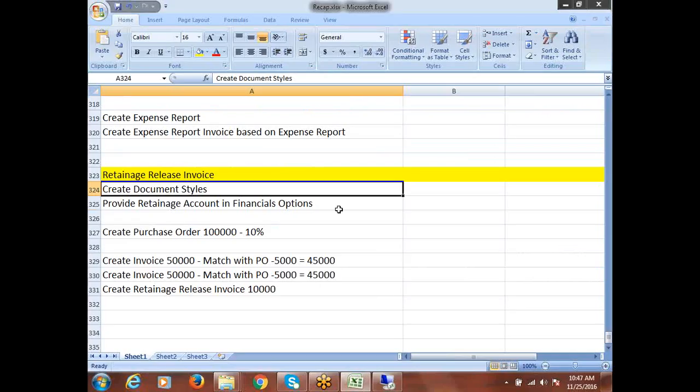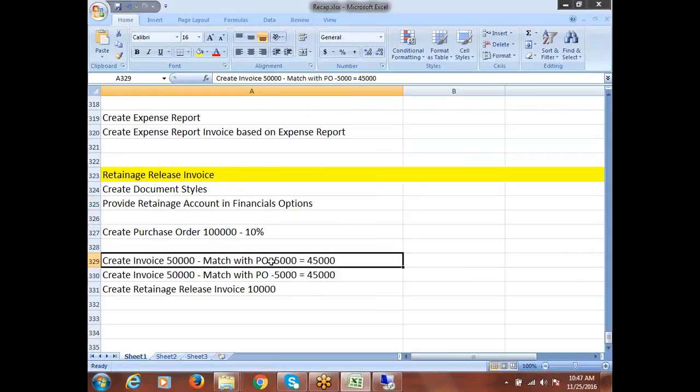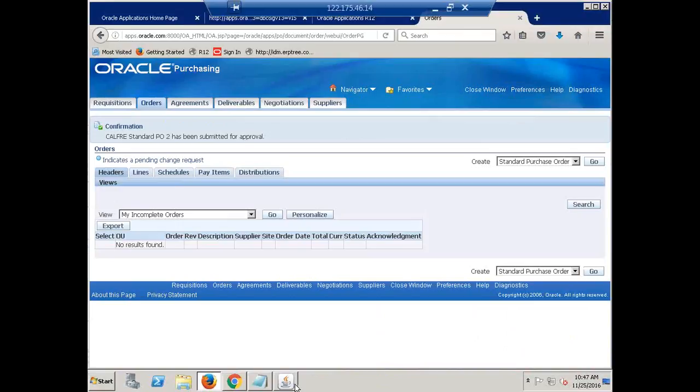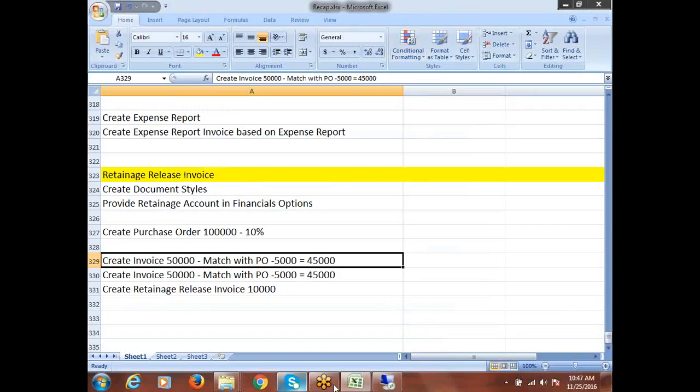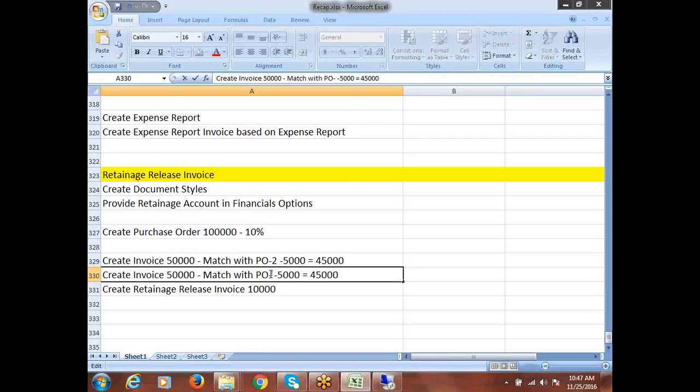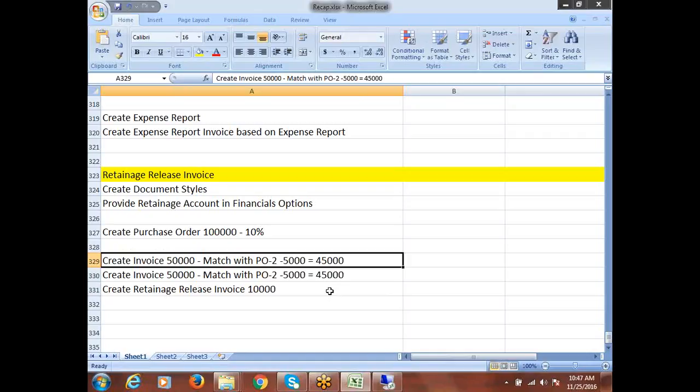We have some cases here, right? Same batch we started earlier. So done. So clear, right? Now we'll test by taking this case. Create an invoice with 50,000, and we'll match that with PO number 2. In the PO level we have 10%, so on 50,000, 10% which is 5,000 will get deducted as a retainage amount. We'll see that. So create purchase